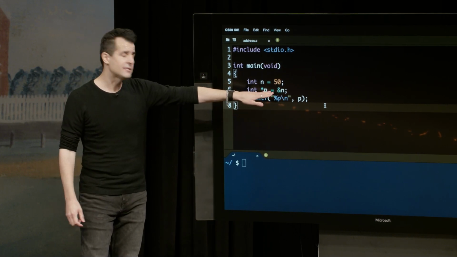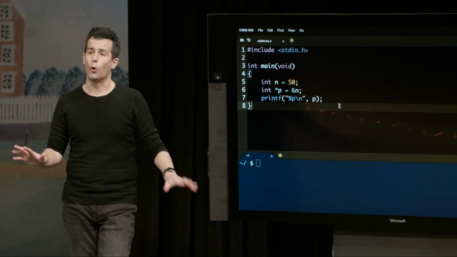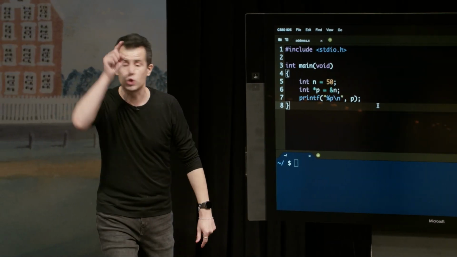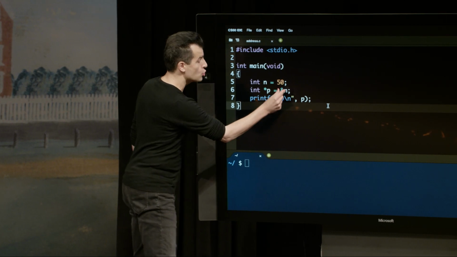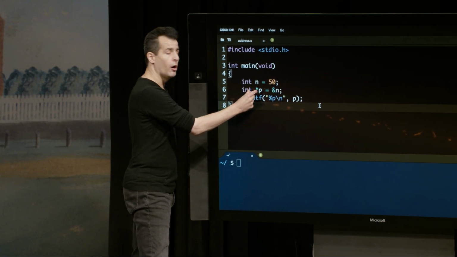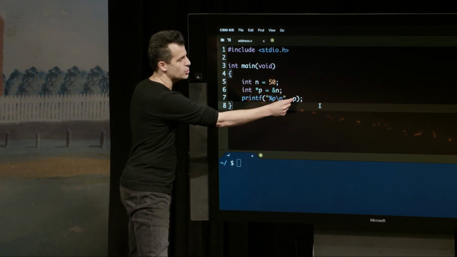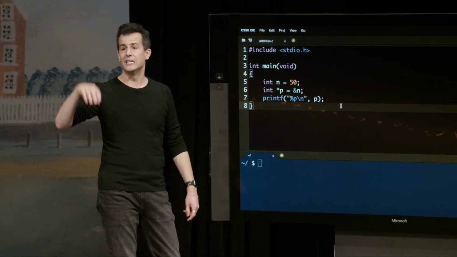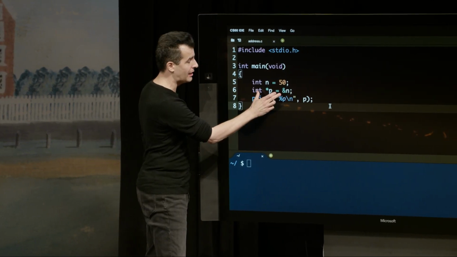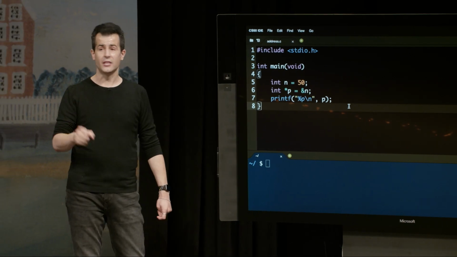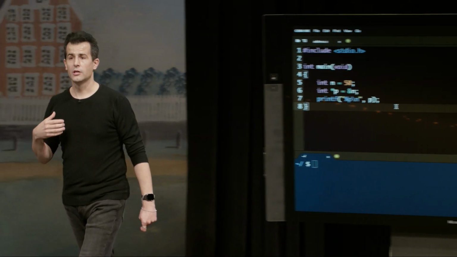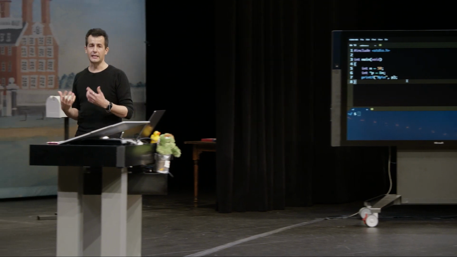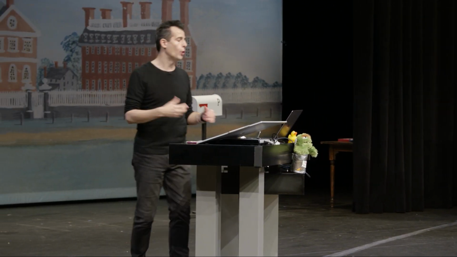And again, on the right-hand side of the equal sign is the same operator as before. If you want to figure out what is the address of n, it's just ampersand n. And so we can store that address now somewhere longer term. Before, I just passed in ampersand n and printf did its thing. Now I'm temporarily on line 6 storing that address in a new variable called p, and its type is technically int star, is what a programmer might say.